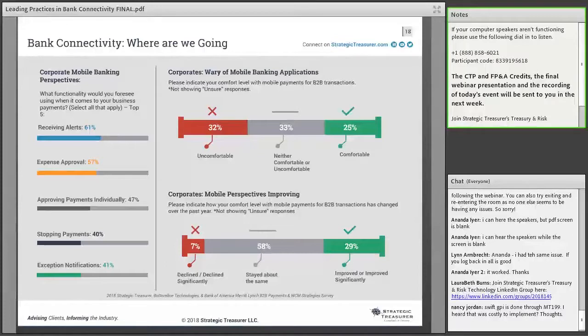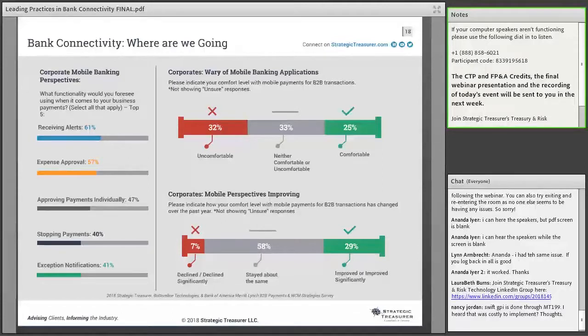The good news here is that many treasurers have indicated their comfortability with mobile payments has increased over the past year. In fact, I think it's 4 times more indicated that their comfortability has increased versus those that has decreased. So over the next several years, provided corporate skepticism does continue to wane, we should see continued adoption and development